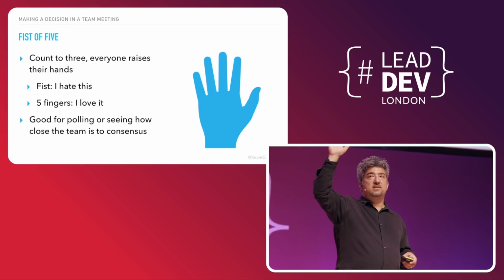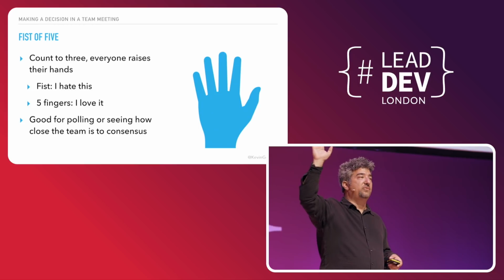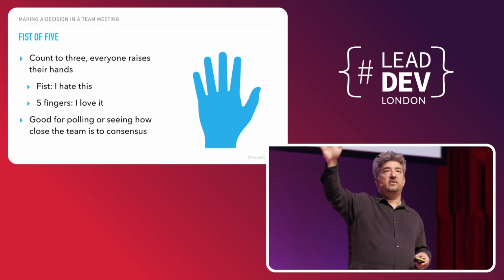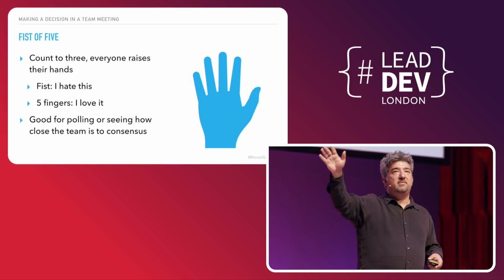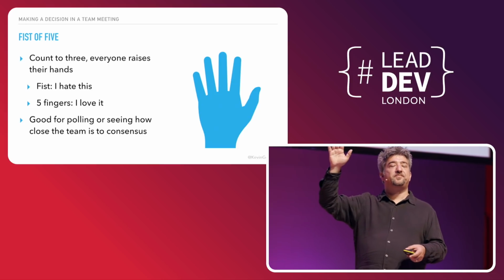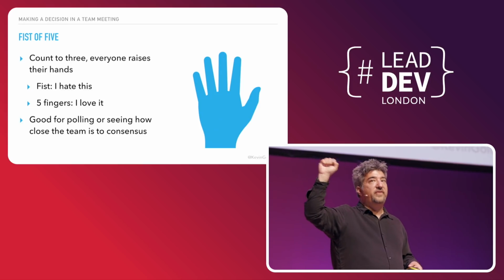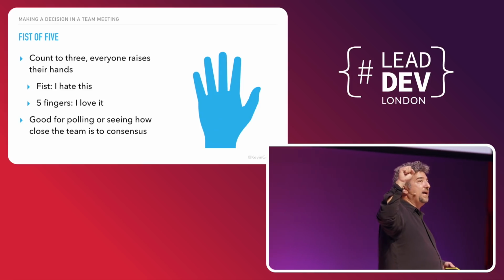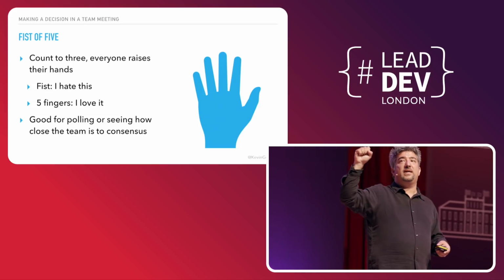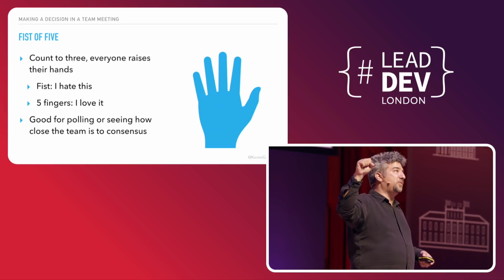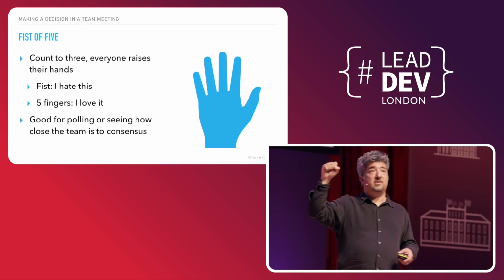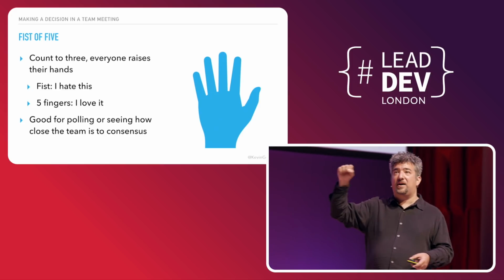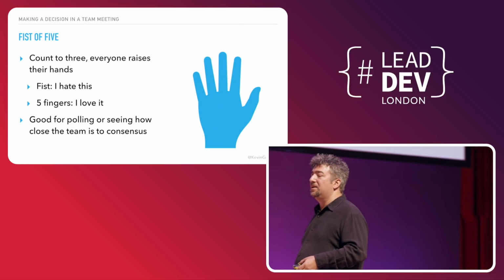5 means this is the best idea anyone's ever had. I've waited my entire life to have Thai food with all of you. This is going to be the title of my book. Fist means this is the worst idea ever. I don't know why anyone thought this was ever going to be a good idea. I go under protest, and I will probably very visibly stop at McDonald's on the way back just to show you how little I thought of this idea.